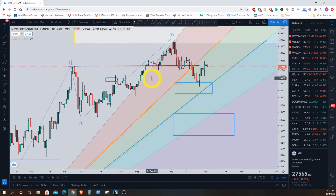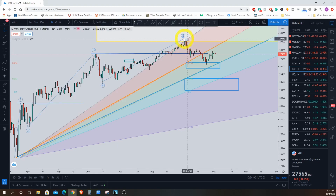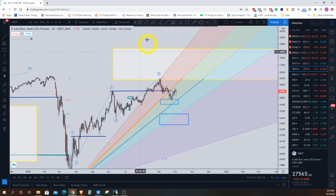Now going over here to the Dow Jones, you can see we have a similar setup that was in the S&P 500, but it hasn't done some of the same things the S&P 500 has. You have the 0, 1, 2, 3, 4, 5 Elliott wave move right here, hit the pivot zone, the target zone box area where a lot of times you see the reversals happen, and that's the 1.46 to 1.618